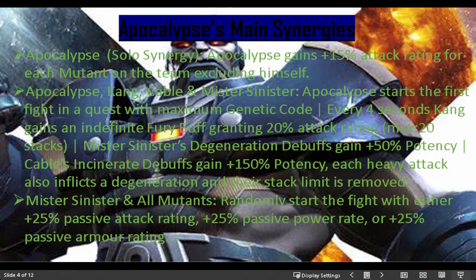So, Apocalypse, Cable and Mr. Sinister. Right. Those are the champions in this synergy. So, Apocalypse starts the fight in a quest with maximum genetic code. So, he has maximum genetic code, which means he has the 4 persistent charges stacked, which means he starts off with 4 prowess passives, which increase your special damage rating by a certain amount. I think it's like 50% or something. It's like 200% increased